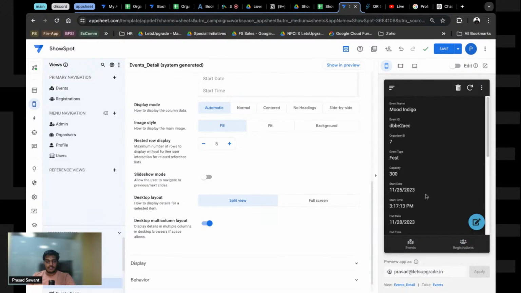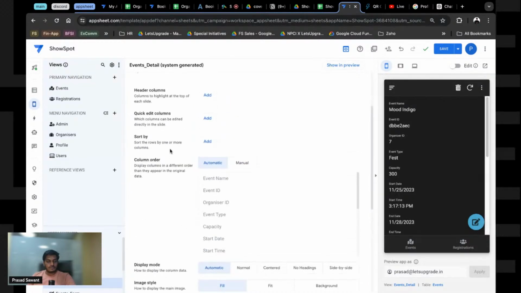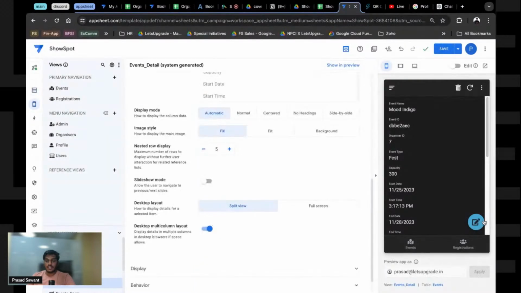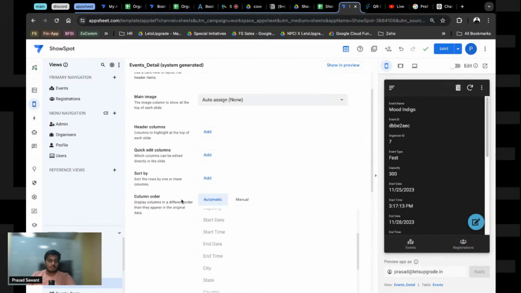Now we don't have a slideshow, that is gone again. And basically the things that we don't want to show, we will not delete them from the data, because if you delete that from data, if you make it hidden from data, when you're filling the form it would not come up, right? So we want to ensure that that is always there, but we will put the restriction on the view part. So what we can do is